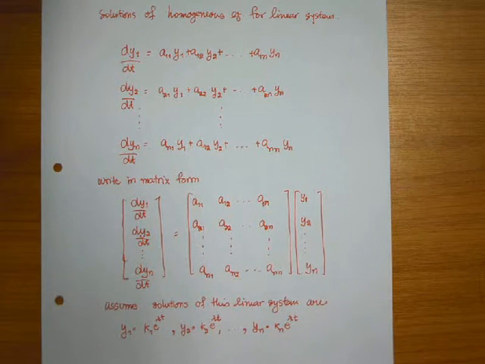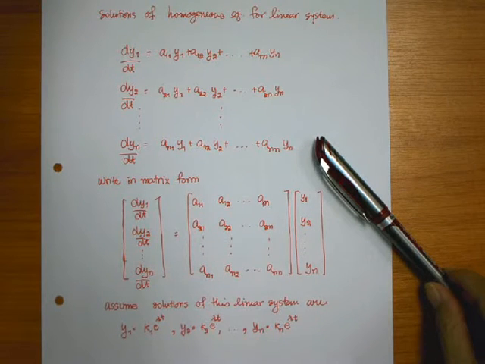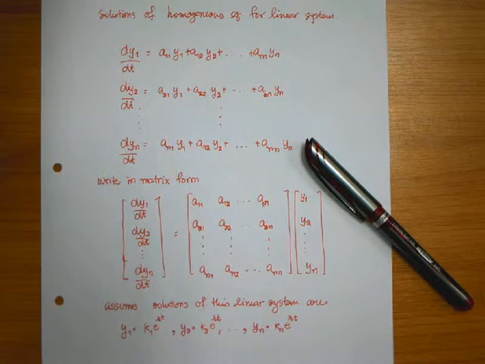Okay, today we are going to learn about the solution of the homogeneous equation for the linear system. So if you take a look at the set of equations here, we have n equations. Okay, and each equation has the first derivative of y1, y2, up to yn. Okay, the way to find the answer of this